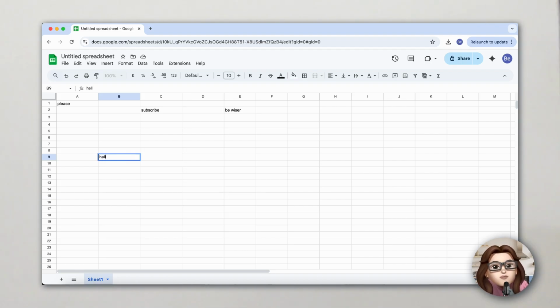Type the information you want, whether it's text, numbers or a formula. When you're done, press enter or click outside the cell to save your entry. And that's it. You've successfully entered data into a Google Sheets cell. With a bit of practice, this will become second nature and you'll be ready to explore formatting, formulas, and other